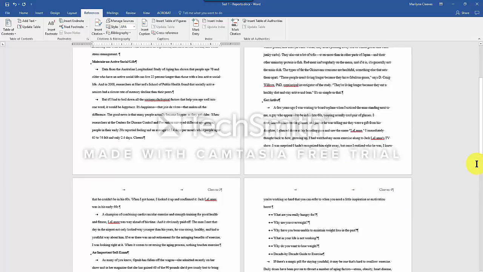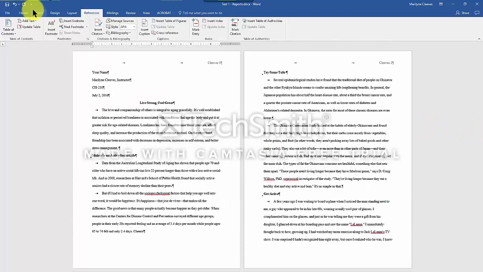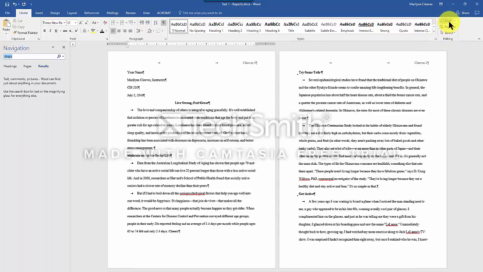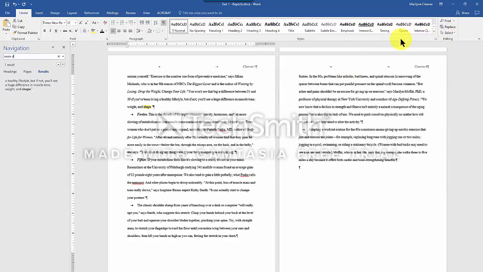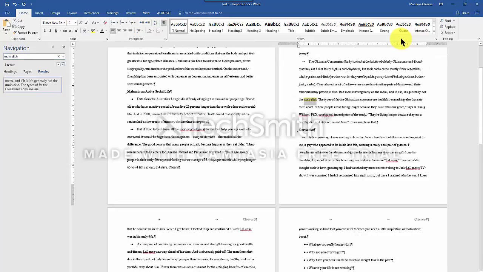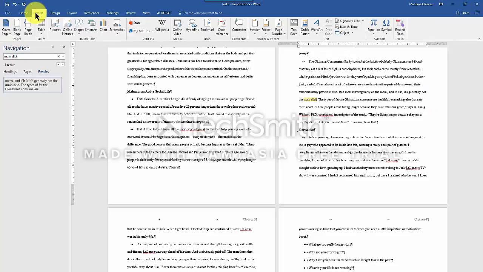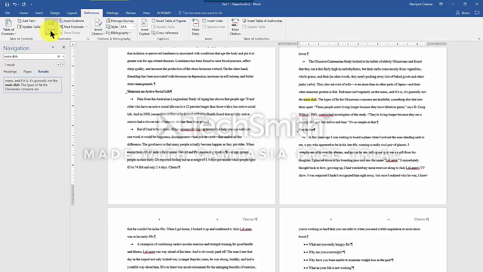All right, so your test mentions the footnotes that you need to put in on this. So we're going to the first one where it says main dish. And in order to get there, I would probably do a find and just type in main dish. And looks like that's the paragraph. Now, the one thing that I did see is a lot of people were putting their reference in after the period, it should come in before the period. So you're going to click in here and references,